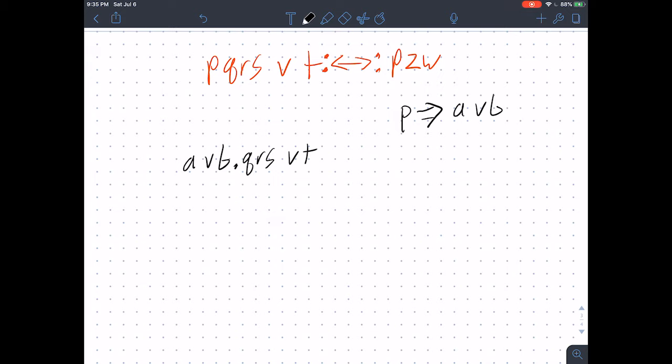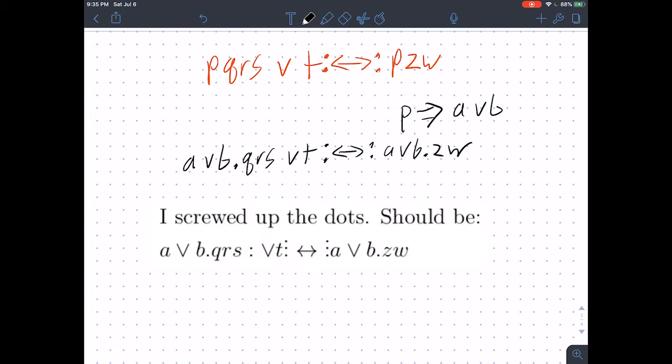Oh wait, actually, this needs to be, I'll fix it later. If and only if A or B dot Z W. Okay. I think that's unambiguous. Is that ambiguous? Yeah, it is. Okay. So,